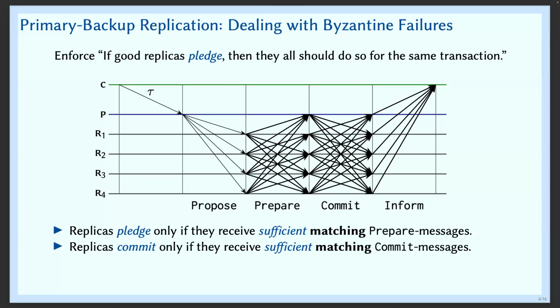If you form a core, that means F plus 1 of them are good. Meaning, when they say no, they haven't prepared, once you remove that, we're only left with 2F. And with 2F, there's not enough power to get to the committed state. So that means nobody could have committed. So that means this is a proof and it's safe for whoever sees this to say it's okay, nothing happened,